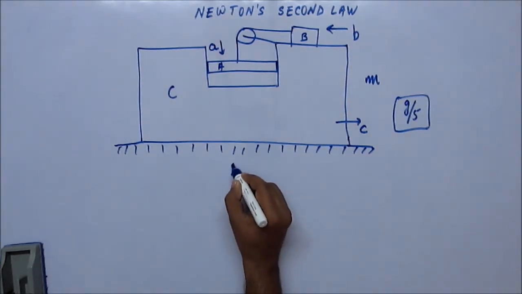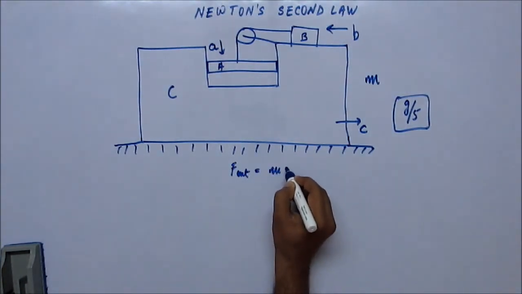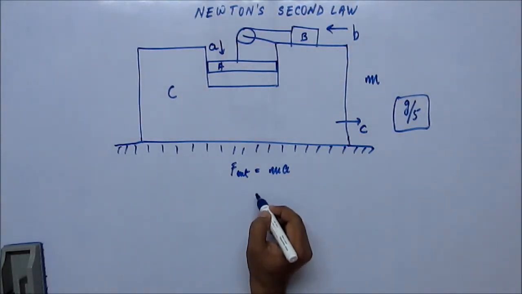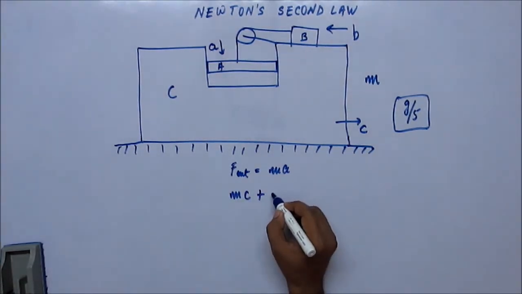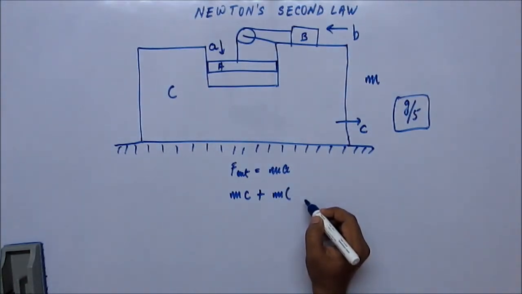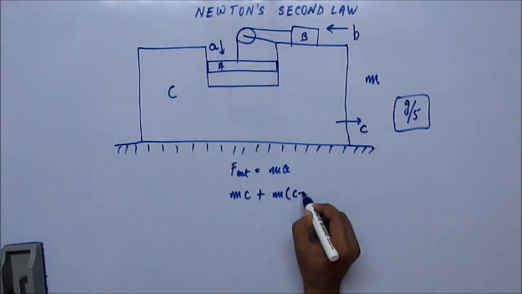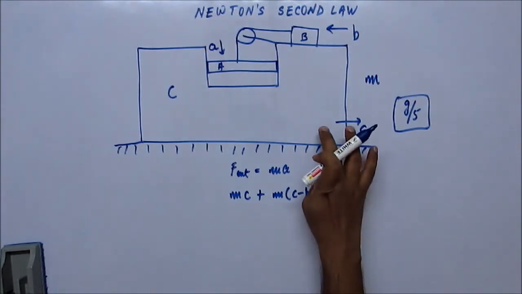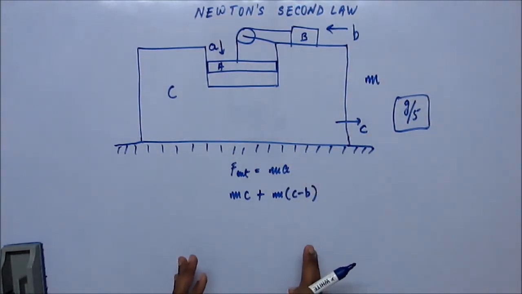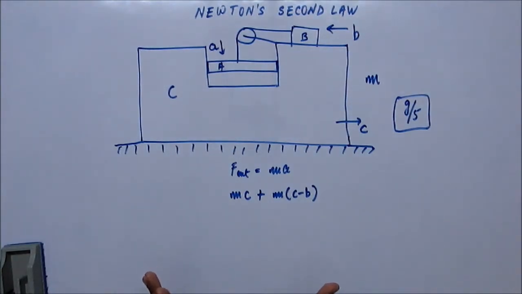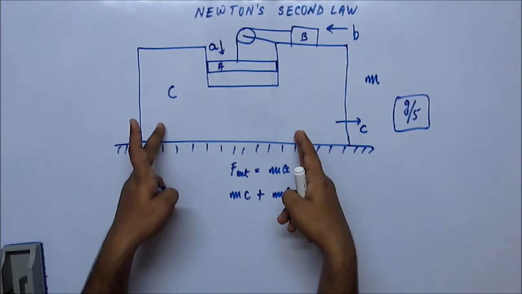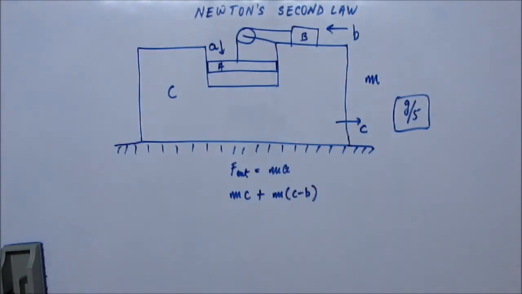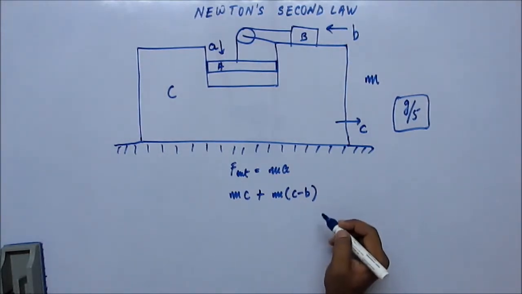Newton's second law of motion says net F external is equal to mass into acceleration of the system. Net external force is 0. That will be equal to mass into acceleration. Mass of C into acceleration of C plus mass of B into acceleration of B. Acceleration of B towards right, if you take right side as positive direction, is c minus b. You understand? b is the acceleration relative to C, and we are writing the net force. So net force will be equal to mass times net acceleration, and net acceleration would be the acceleration with respect to ground. So with respect to ground, B will be going along with C, c unit of acceleration towards right and b unit of acceleration towards left. So that will make it c minus b net towards right